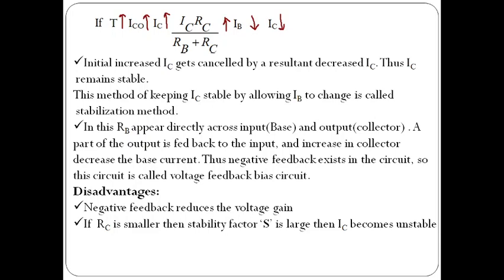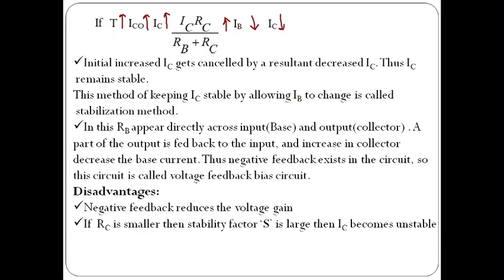This we already derived in the previous slide. So here, when temperature increases, what happens? When temperature increases, the reverse saturation current at the collector junction increases, so the collector current IC also increases. When IC increases, what happens? The term IC into RC by RB plus RC